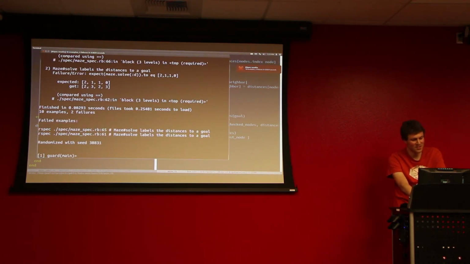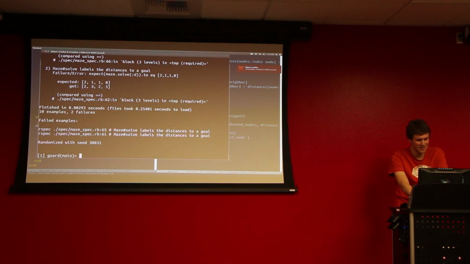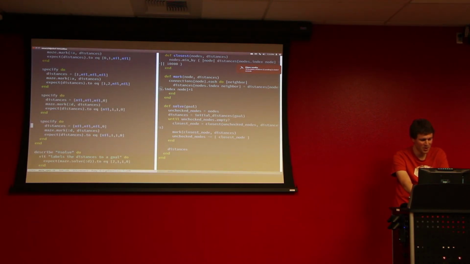So there's a little subtlety that we didn't think about. See how there's some 3s in here and some 2s where there shouldn't be? What's happening is it's overwriting the old values. Back in our spec, we didn't actually have enough cases. I'm gonna go back and unpend this, append this again. Make one more spec on the mark